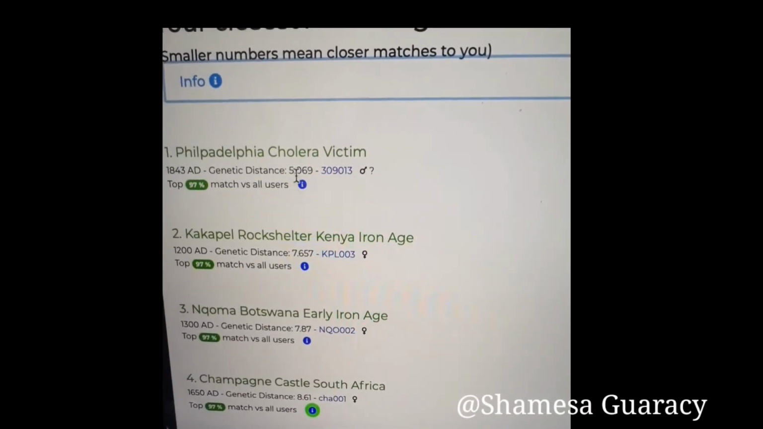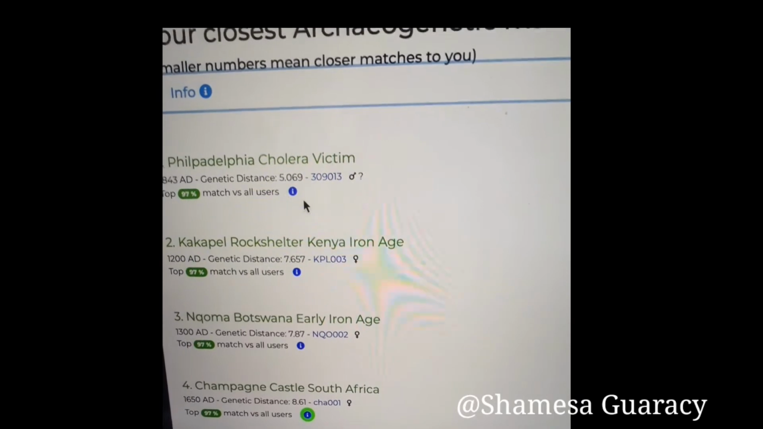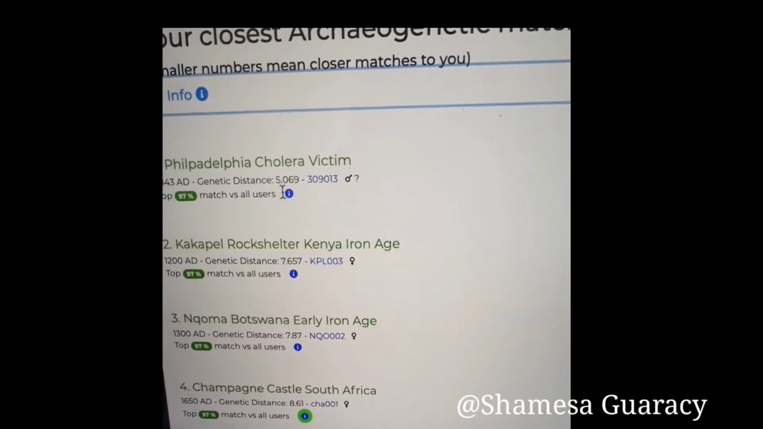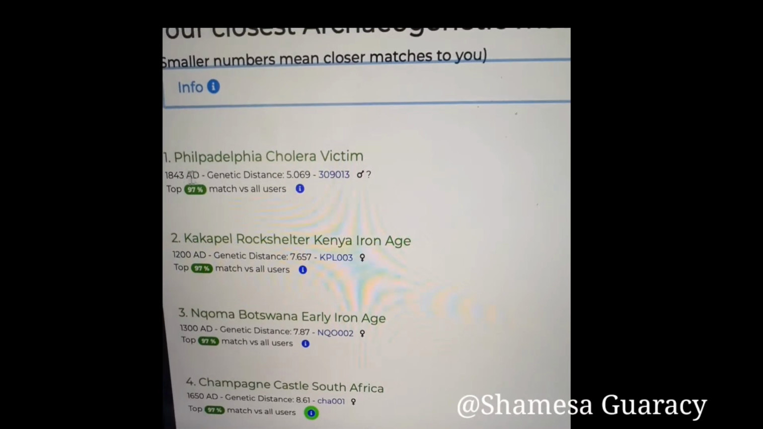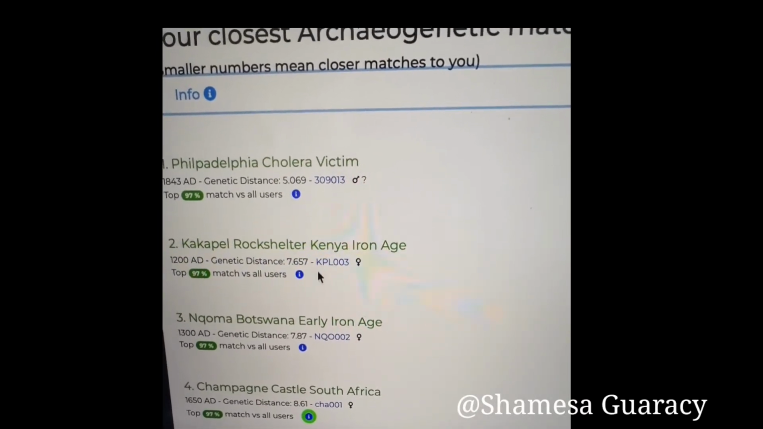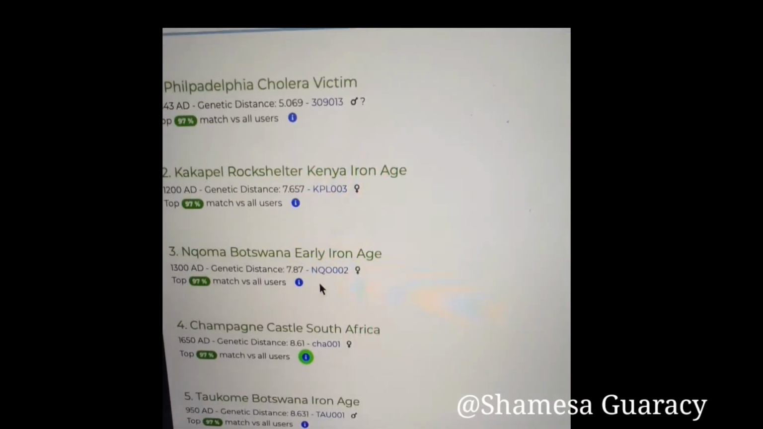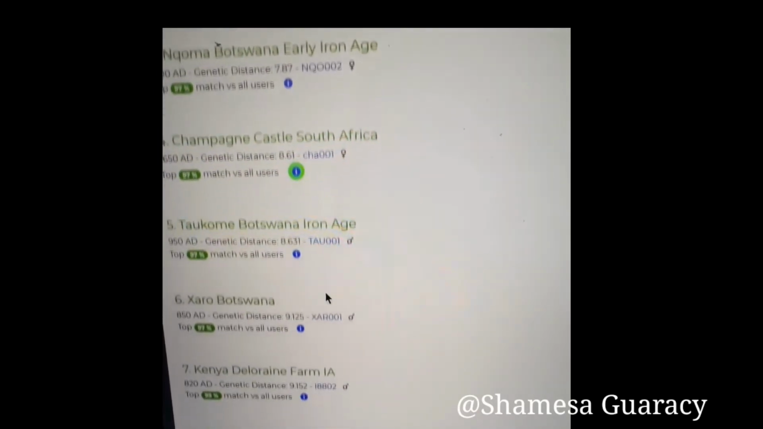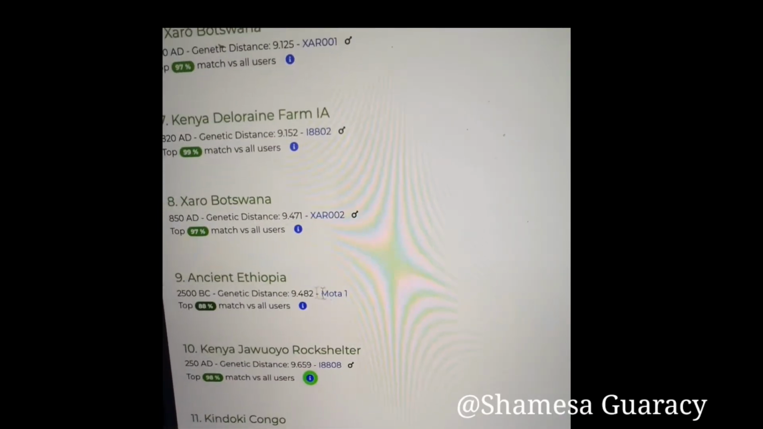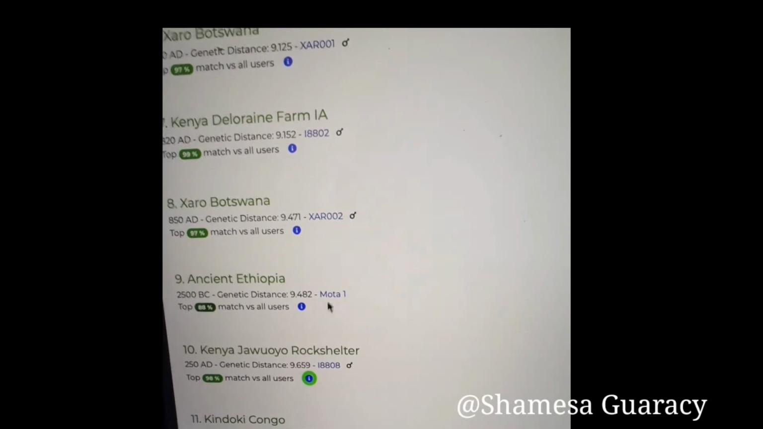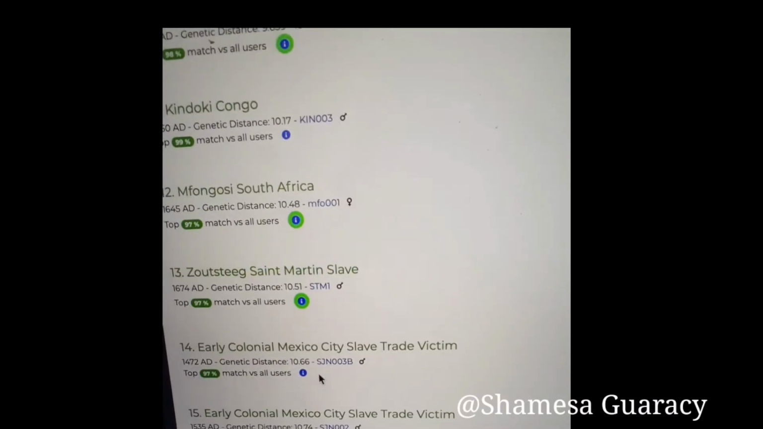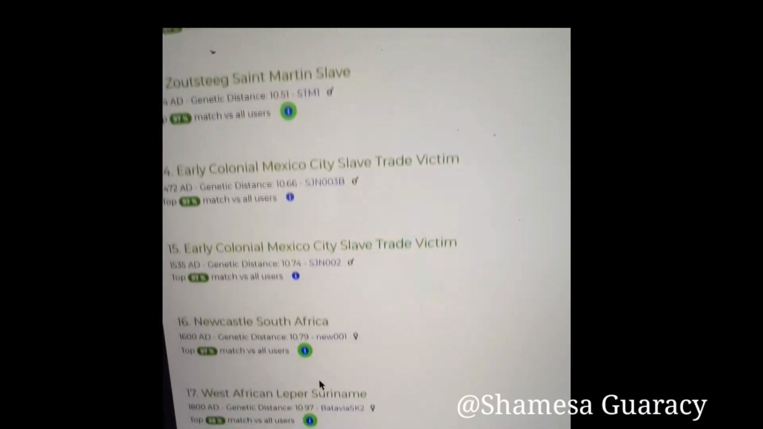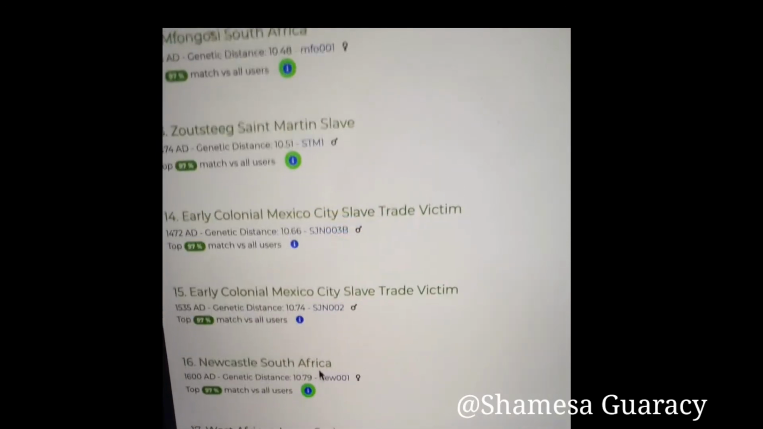We have a 5. That means I'm very, very closely related to whoever this person was. I'm in the top 97%. And then here in Kenya, I have a 7, Botswana 7, South Africa 8, Botswana 8, and then it goes further down. Ancient Ethiopia 2500 BC, I'm at a 9, so that says a lot. And as the numbers increase, I become more distantly related. But anyway,